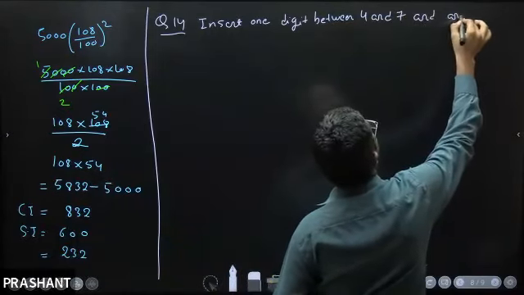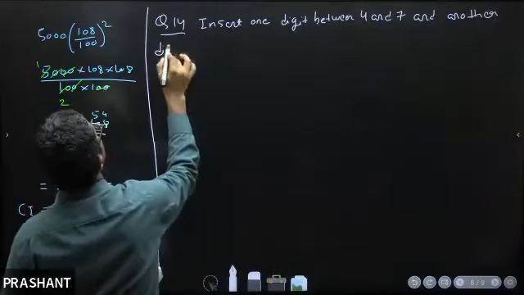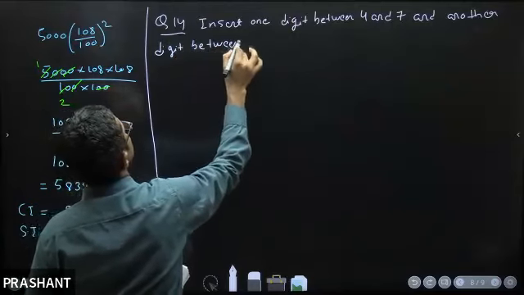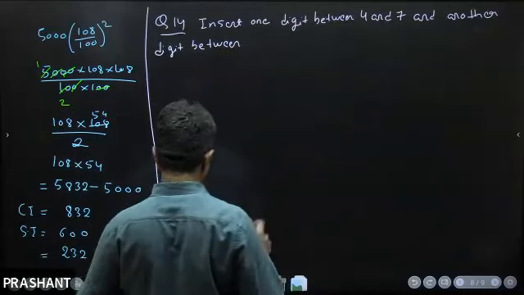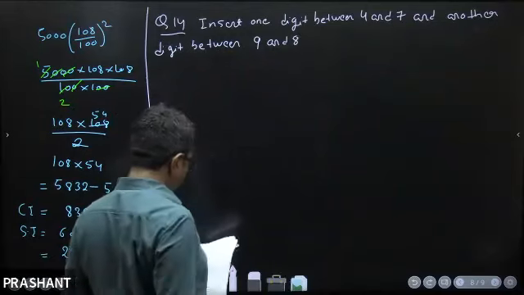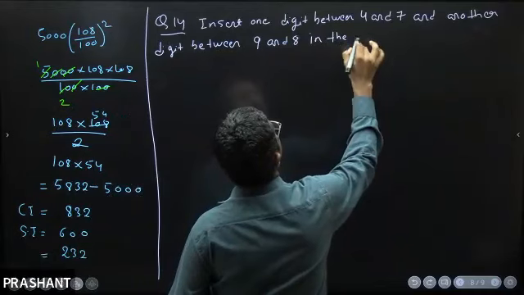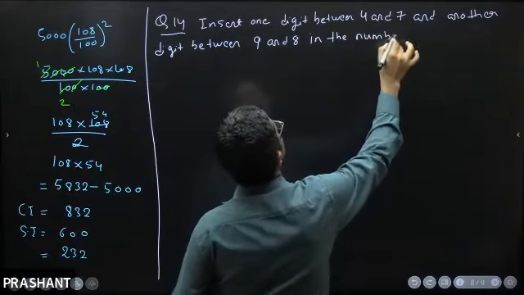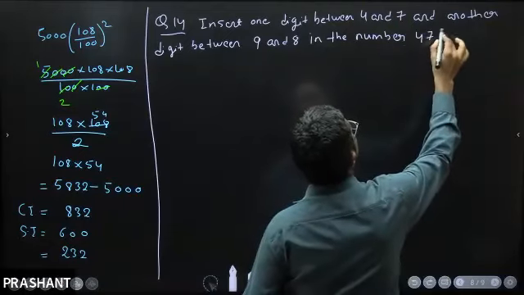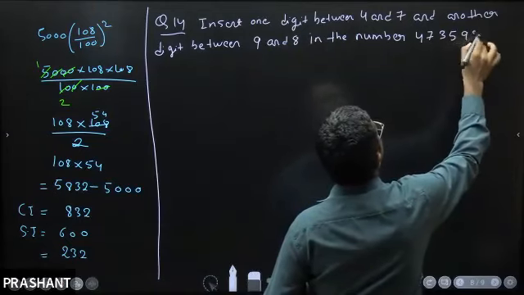Add another digit between 9 and 8 in the number 4, 7, 3, 5, 9, 8